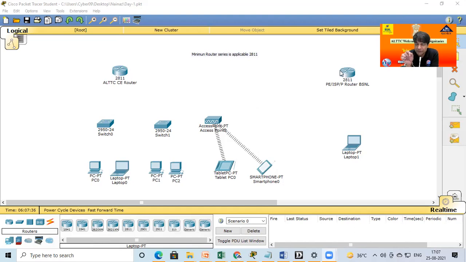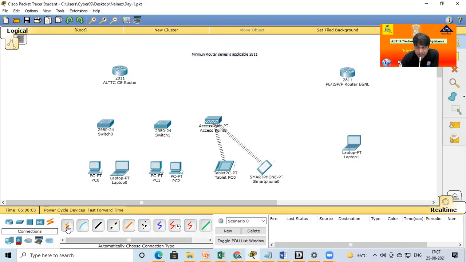As per our discussion, which type of cable is required? Crossover LAN cable is required. So where is the cable option available? Please see carefully. In this location, one symbol looks like electricity, just like a cable. Click on this, and different types of cable options are available. If I move my mouse, the details can also be seen below.